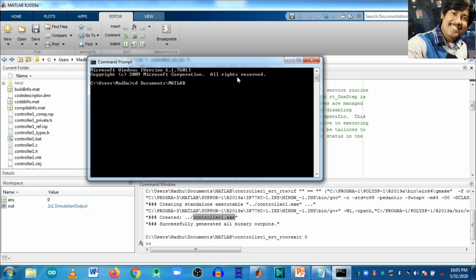So now we will test using command prompt. cd documents, MATLAB. So now controller1.exe.